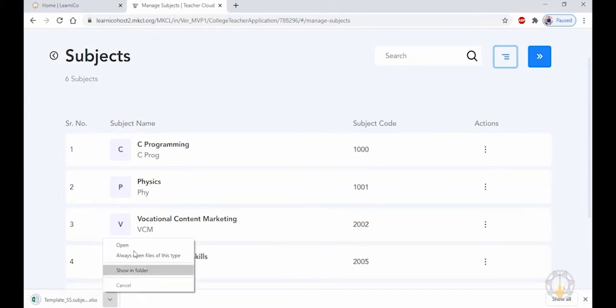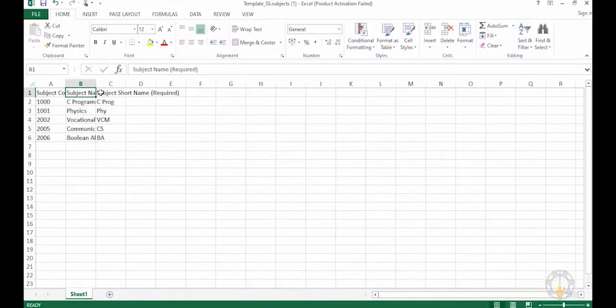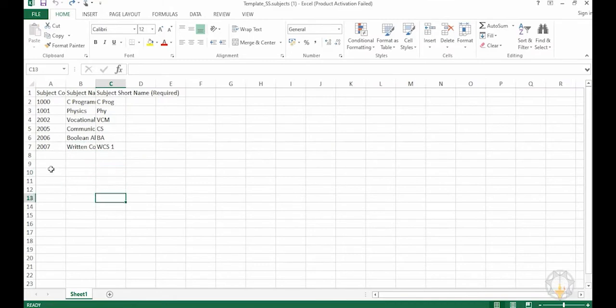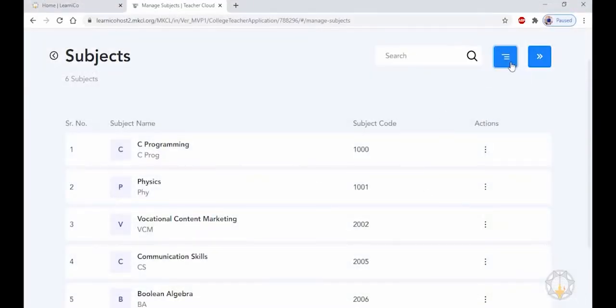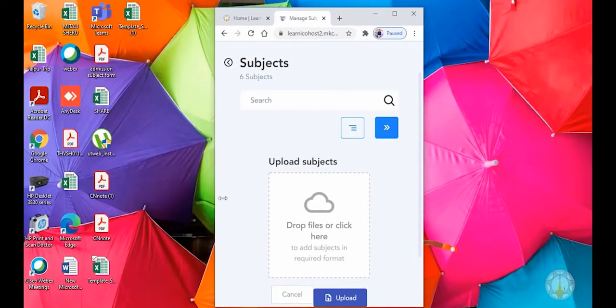Open that template file. You can see 5 subjects are already added. To add new subjects, we just need to enter subject code, name and subject sort. After that, save the sheet. Again, go back to Learnico and click on Options tab. Upload the Excel file which we have already saved.